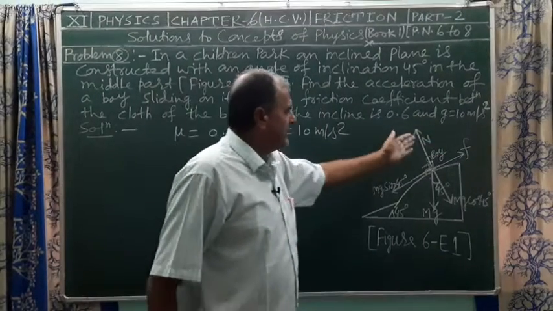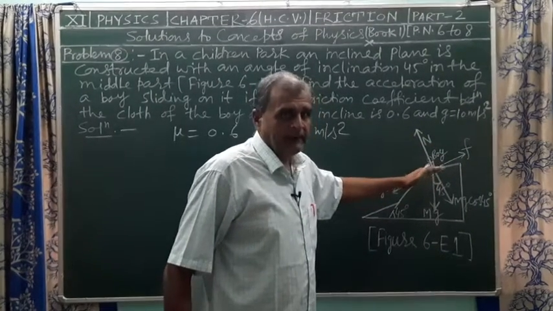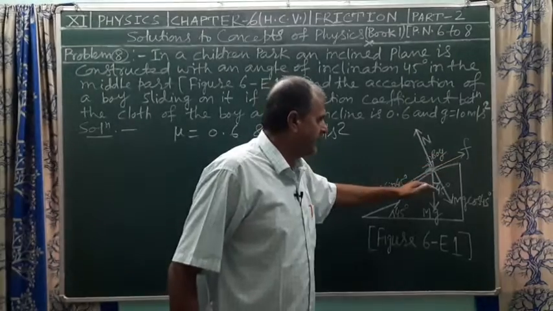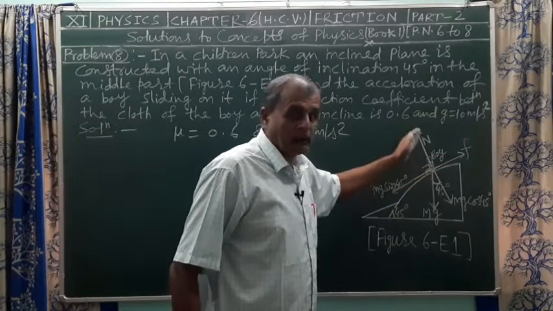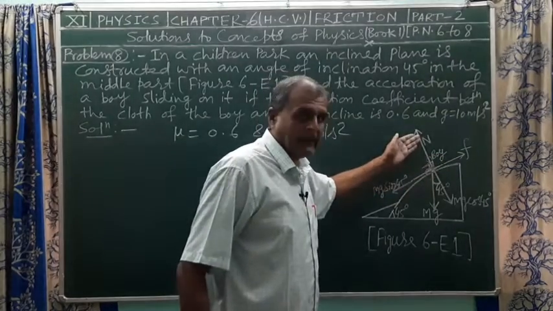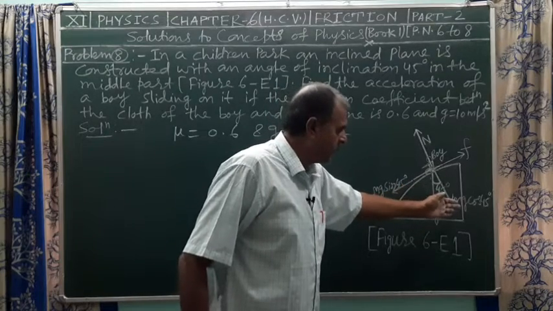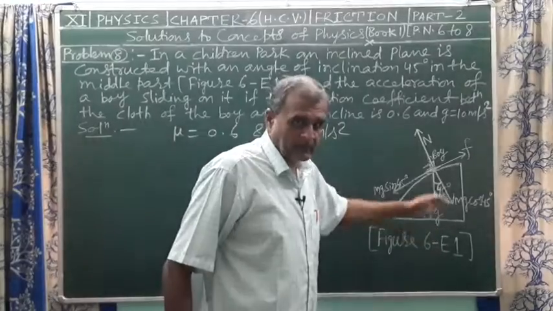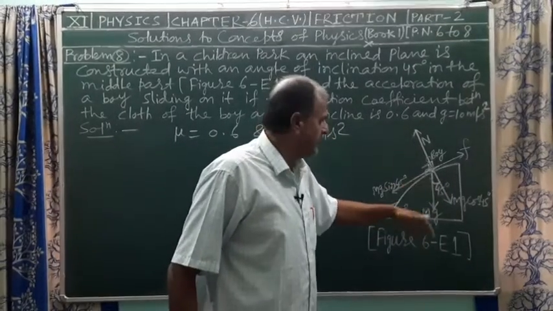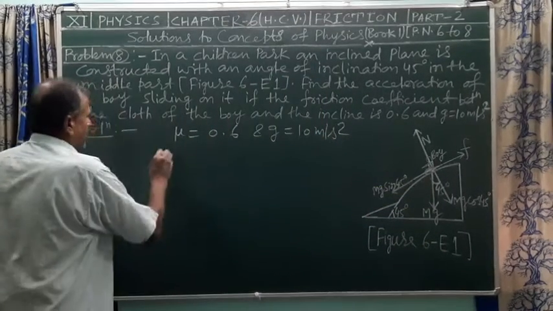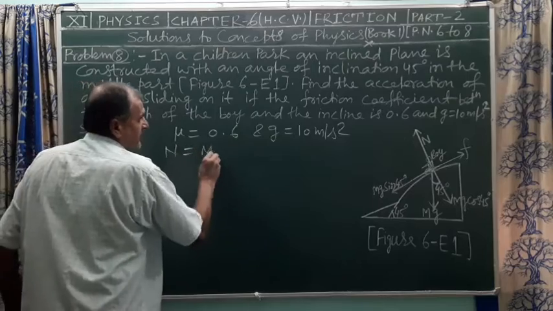Since the boy sliding on the inclined plane is in vertical equilibrium, because normal reaction balances the vertical component of the weight mg cos 45 degree, vertical component of the weight of the boy. So n equals to mg cos